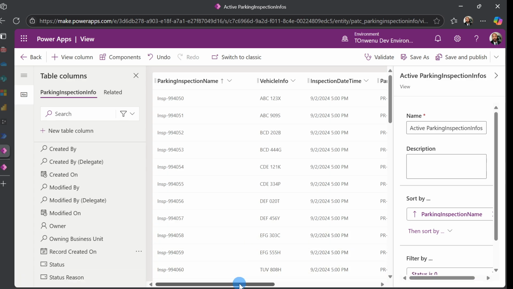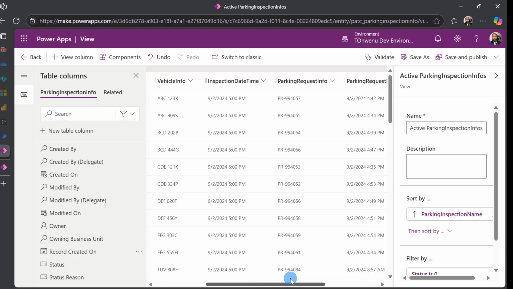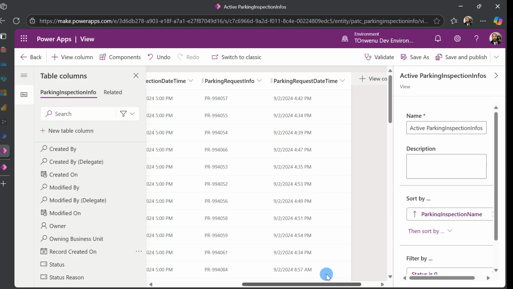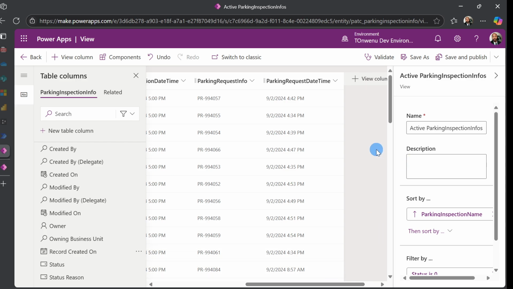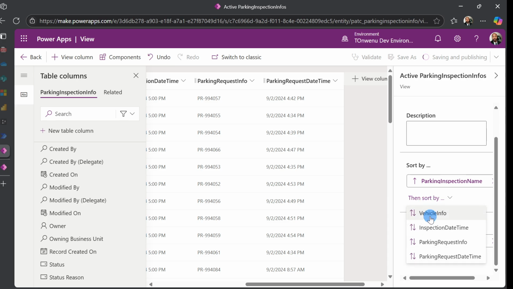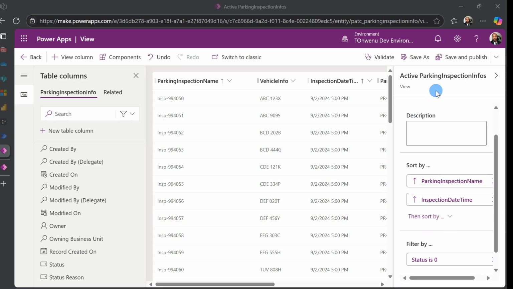Okay. All right. So we have our parking inspection name, our vehicle info name, our inspection daytime, parking request info, and then parking request daytime, which is a calculated column. So once this is done, we also need to filter. So one of the requirements is that we filter based on today. I also want to sort this. Let's sort this guy. So let's sort by inspection date time. Okay. So once you hit save and publish, after sorting by parking inspection name and inspection date time,